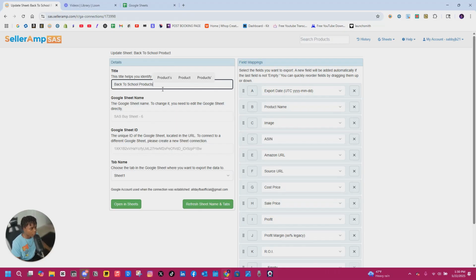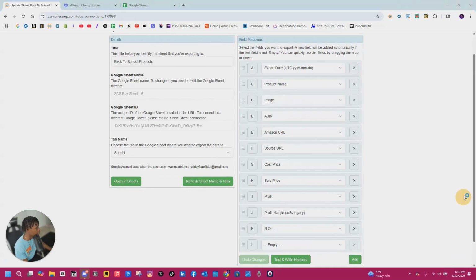You can say back to school products. Boom. We'll do that here. I like to put the export date first, so the date that you found it. The product name, I like to have an image of the product right next to it, so in the sheet